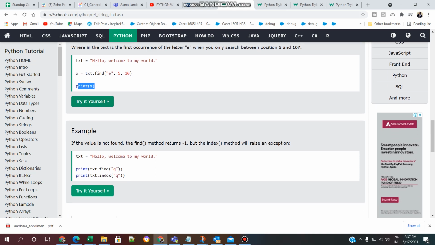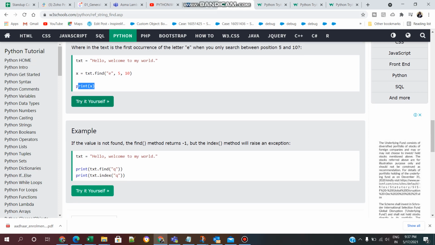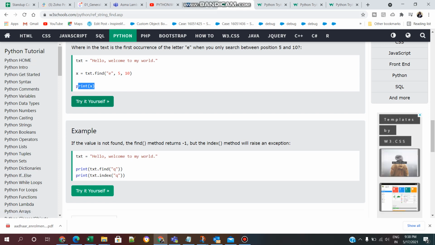Now we will see this example. If the value is not found, the find method returns -1, but the index method will raise an exception. So we will compare the find method and index method. Here text equal to hello, welcome to my world, print txt.find(q). Here we are using the find method to find the q value. Then print txt.index(q).